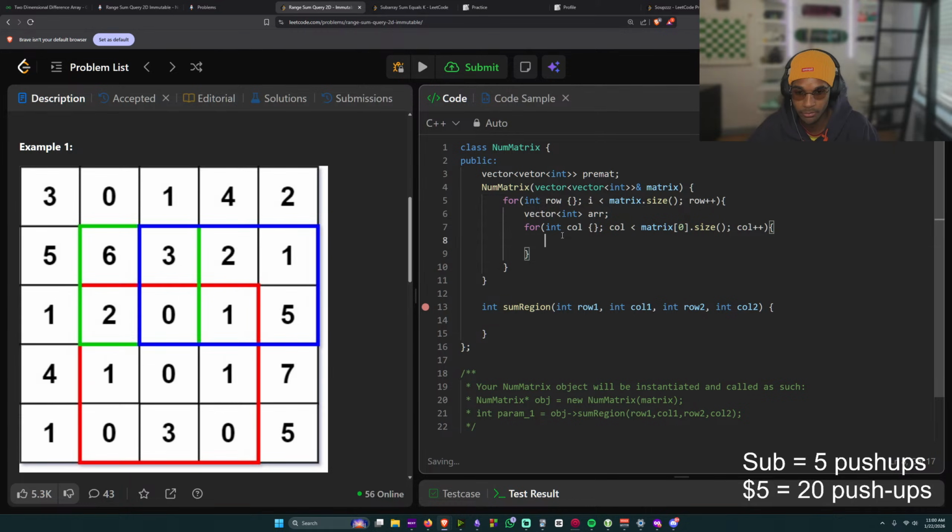And value, I don't know, cell maybe. And cell is going to be equal to just the matrix at row, column.